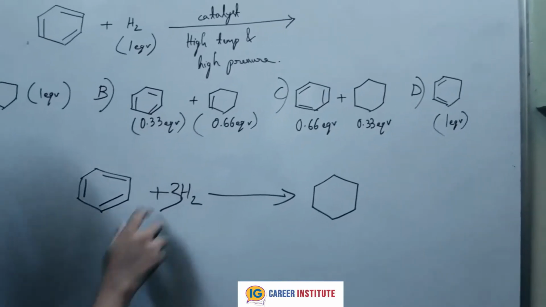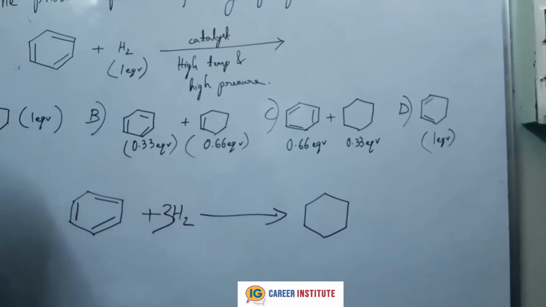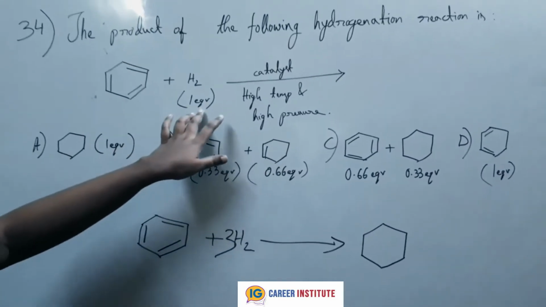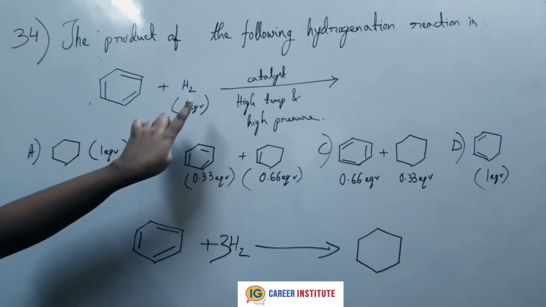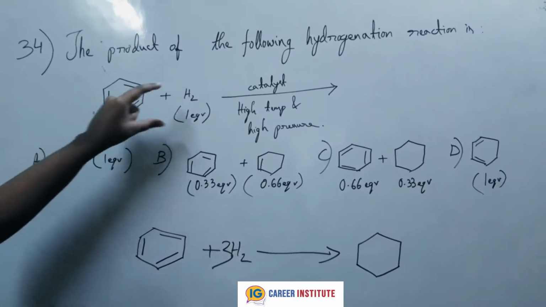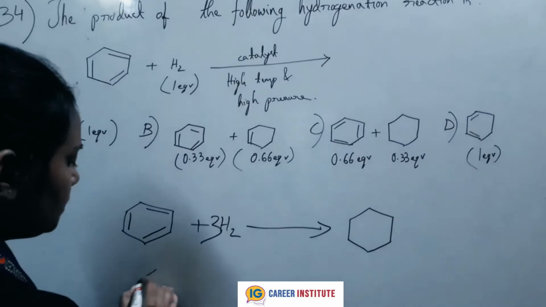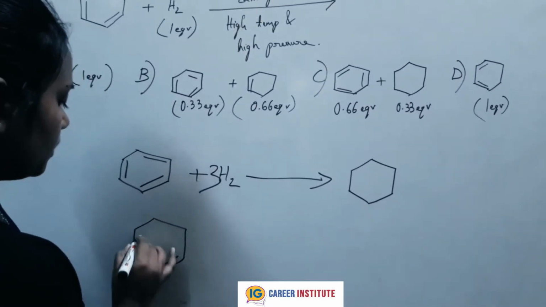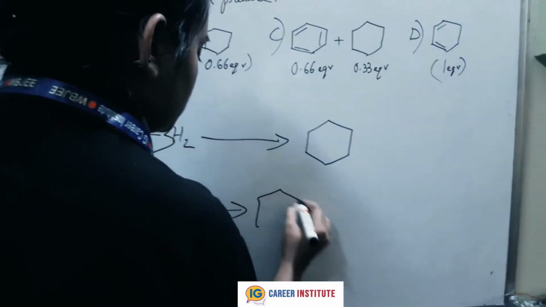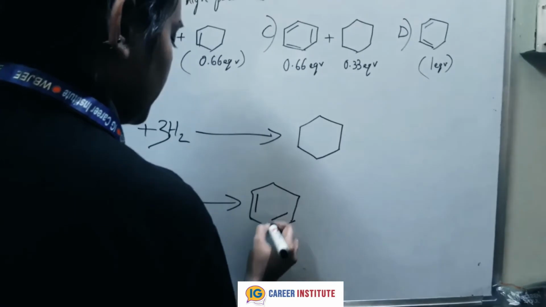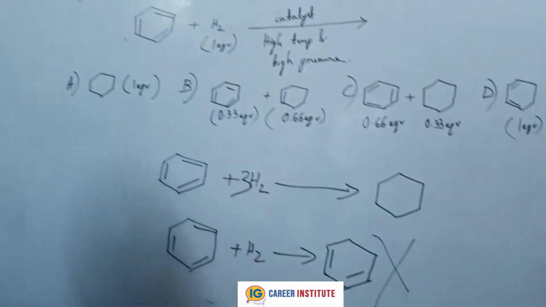Okay, so for a benzene to undergo complete hydrogenation, we need 3 molecules of hydrogen, but in this reaction we are being provided only with 1 equivalent. That is, for 1 benzene we are being provided only with 1 hydrogen. They are telling that only 1 hydrogen, but what happens is, in a benzene, for 1 equivalent, people might think one of the double bonds will get hydrogenated and maybe all the benzene will be converted into like this. Only one double bond is being removed, but that's not the case,